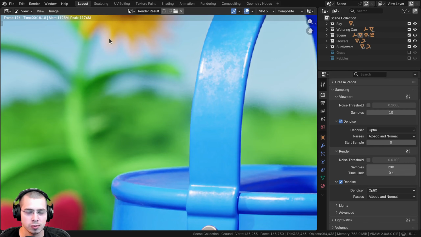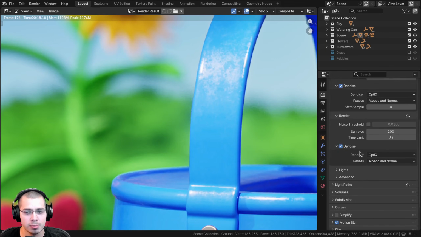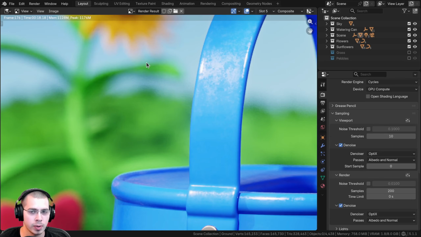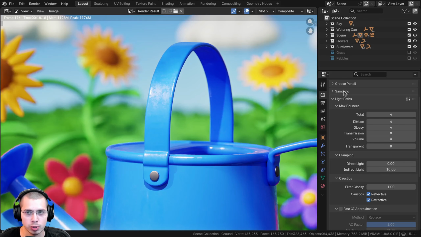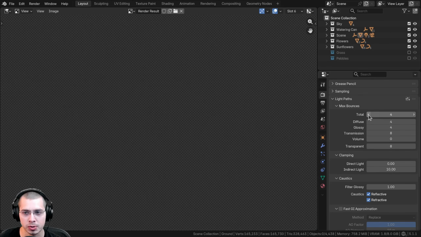So just another really useful feature, if you're setting up an animation and you want to come play around with your render settings, you can compare your render slots, and then you can see if the image is going to render faster. So I'll just compare this one more time. So what I'm going to do is turn down the light paths so it'll render faster. So let's change this over to slot 6,